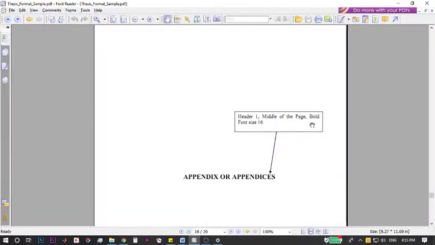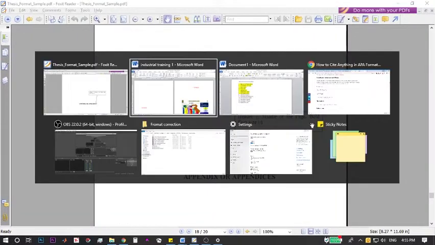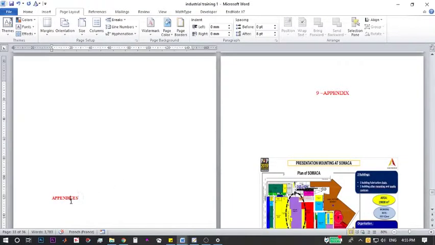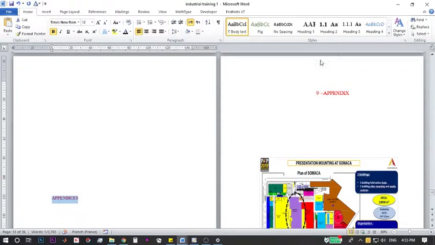This is actually heading 1, middle of the page, bold, font size 60. So I can just use the style heading 1, but I don't need any number, so make sure that you are deleting this caption, because